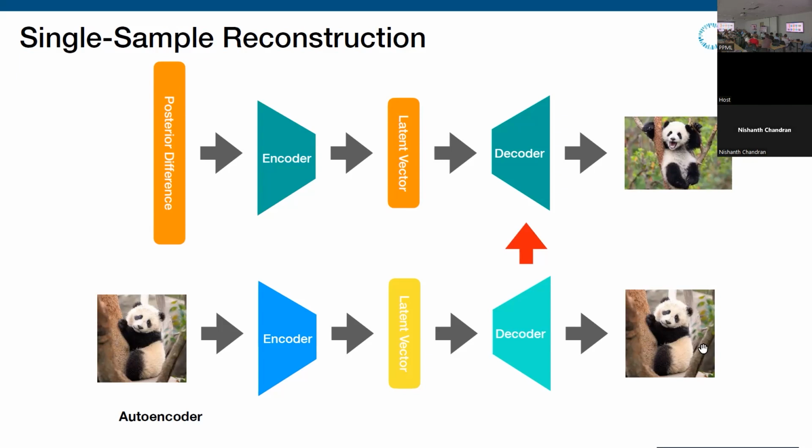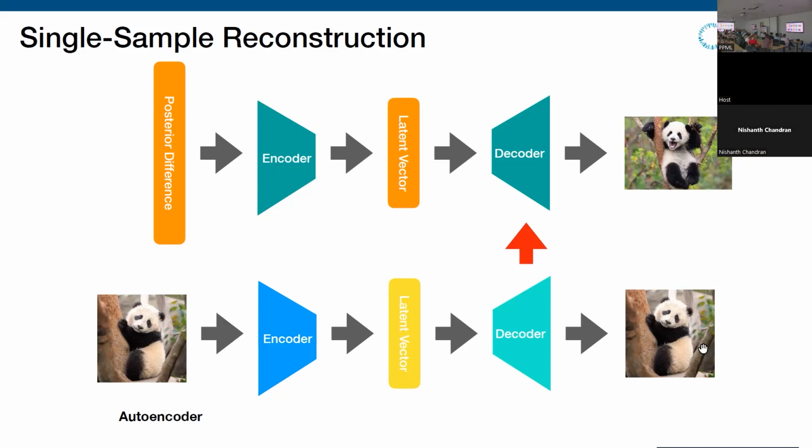Are you assuming that the image that was really used in the online fine-tuning was in the data that you have? No, we don't assume that. Because the posterior difference is really small, from my perspective, for one sample. That's why we use, let's say, 100 samples. This is a posterior difference, not one sample.